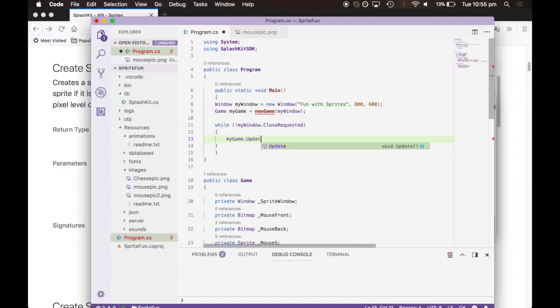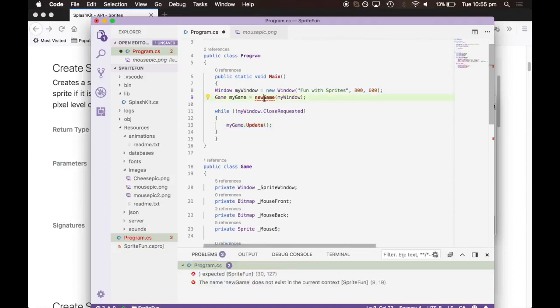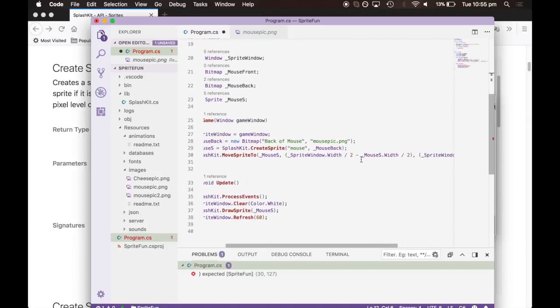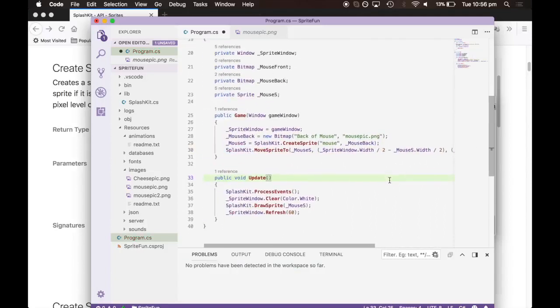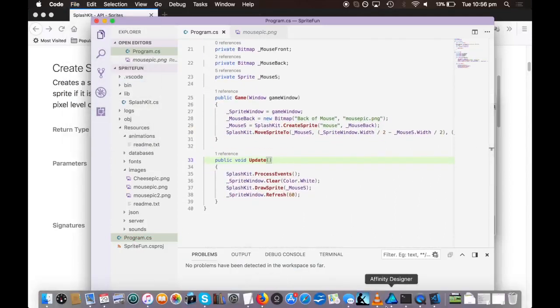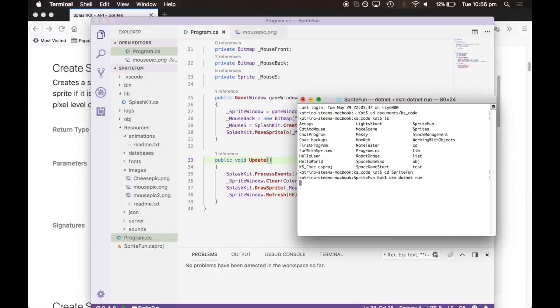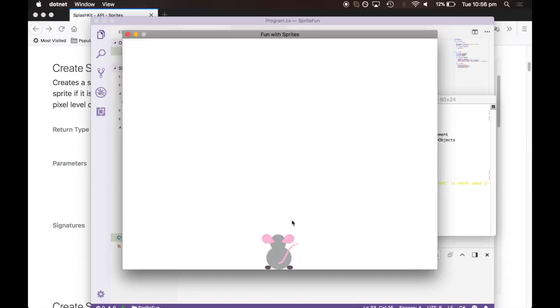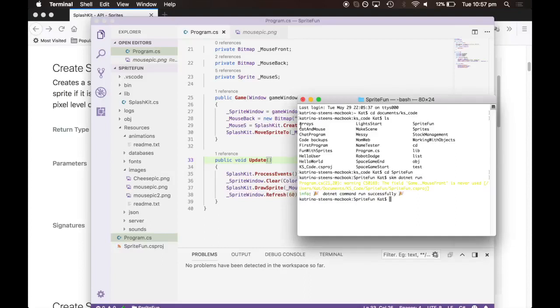Alright, so that should have created a sprite, placed it in the bottom center of the screen using those calculations, we hope. And we'll just see what that does. So that's great, we've got our mouse in the center bottom of the window where we want it. It's not very exciting though, it's not doing anything. Also, you can see there's an error message there telling us we never used our front of mouse bitmap, which